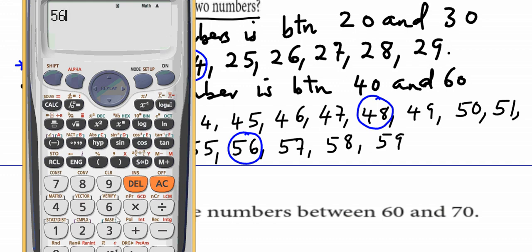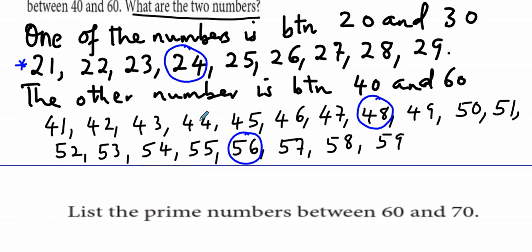Let us confirm. 56 divided by 8. Do we get a decimal? No, we get a whole number. Okay, now we have